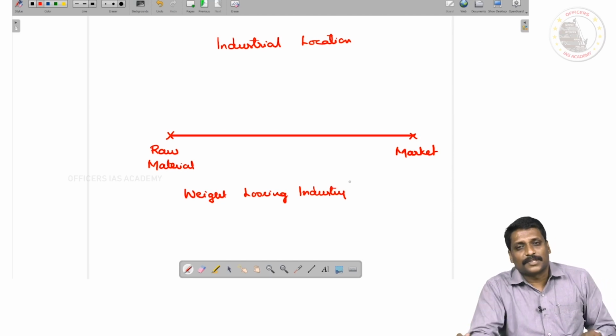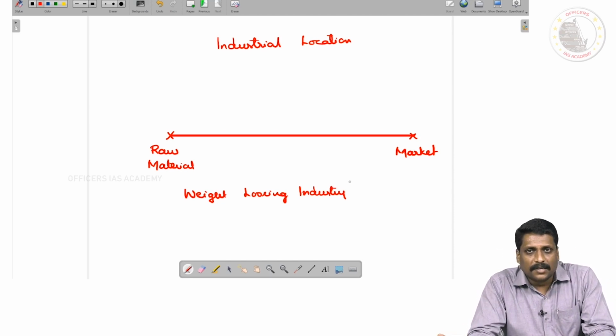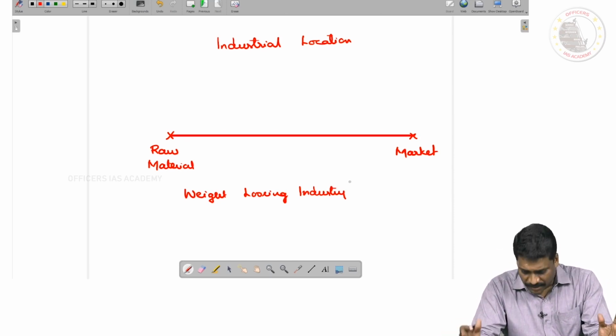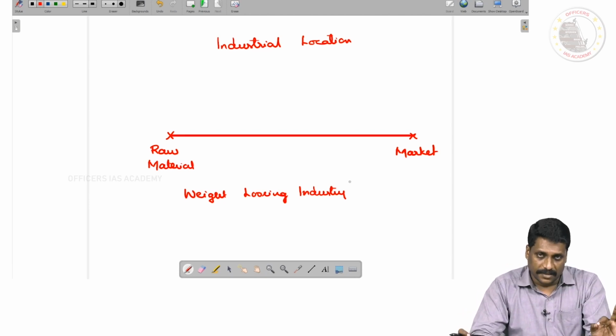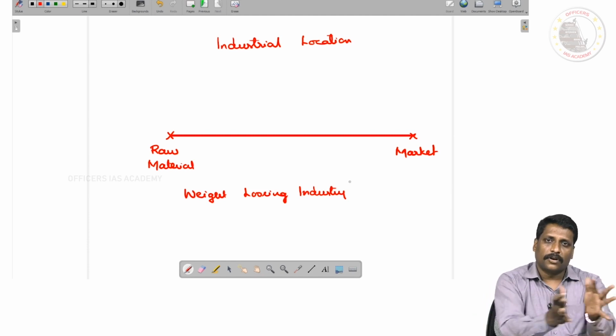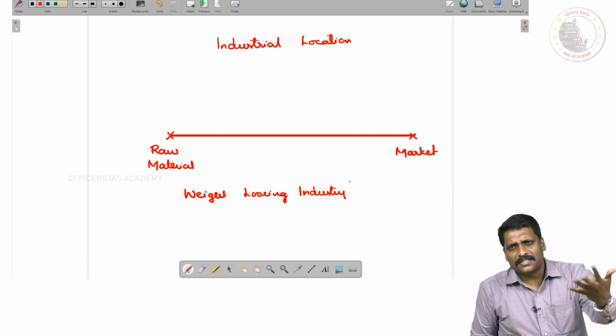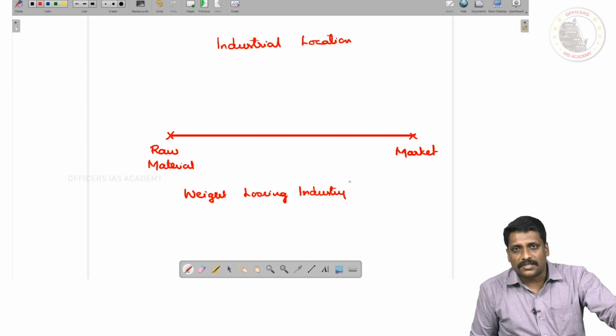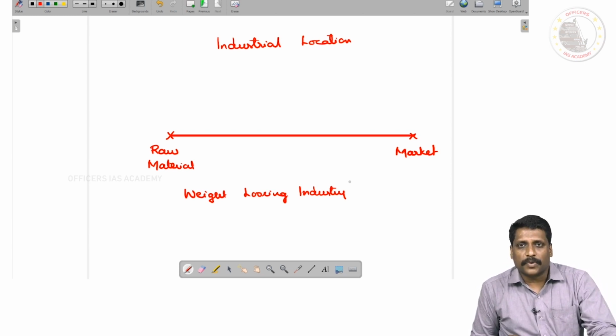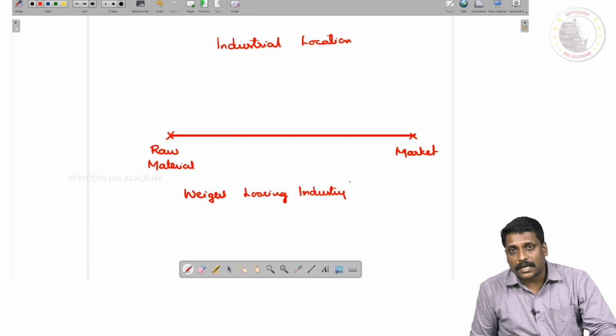Finest examples are iron and steel manufacturing industries. That's the reason today, by default, when I say iron and steel factories in India, the default name goes to what? Jharkhand. Why Jharkhand? Because this is the place where I have the raw materials. Iron ore is there, or any items, the raw material is normally available in Jharkhand and adjoining Orissa, West Bengal, Chhattisgarh and so on.